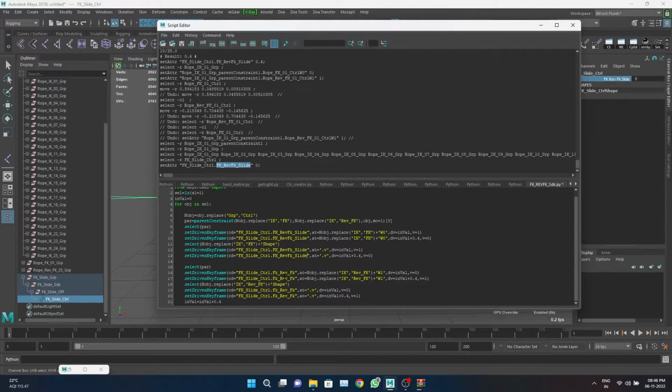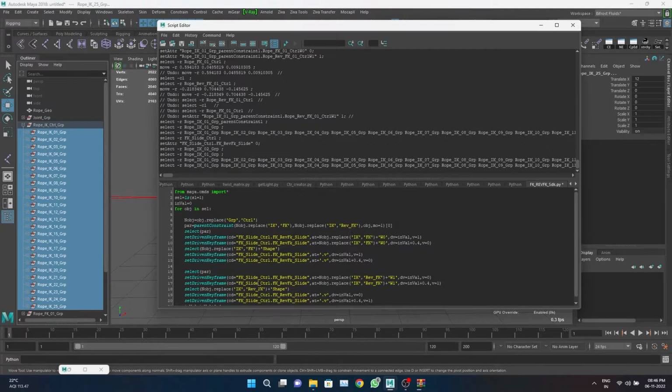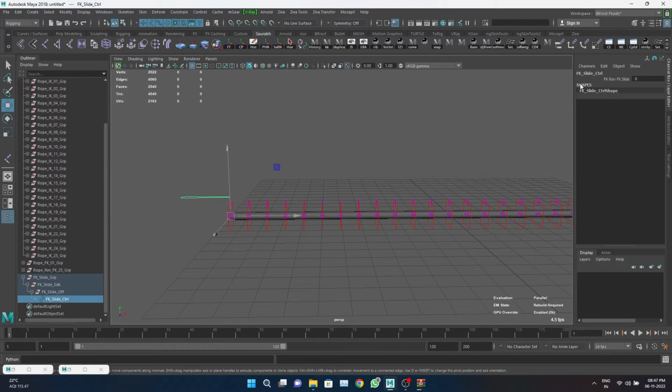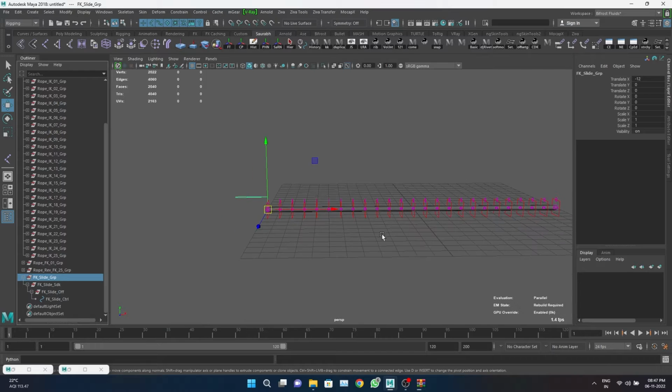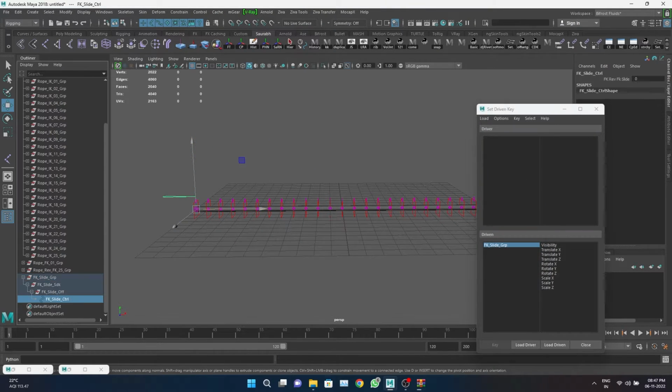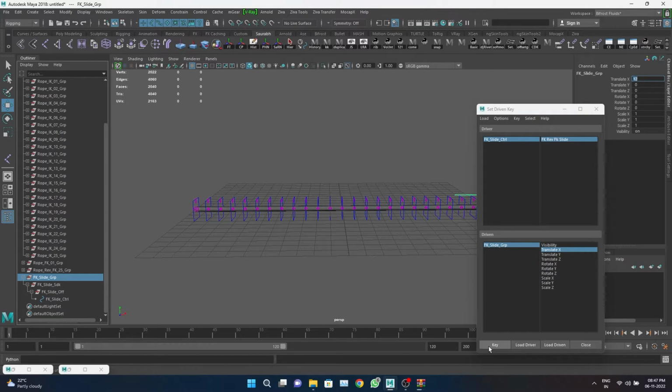and so forth. To do all this, like constraining the IK controls and set driving these constraints from the slider value, I've written a personal script. So what does this script do? This script basically adds the constraints on the IK controllers with the FKs and reverse FKs and set drives them with the slider value. So, as the delta value is increasing, our reverse FK visibility is getting switched on,